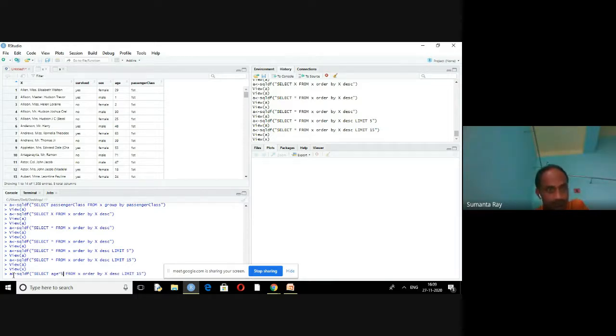First you sort it, that's why select age from X order by age. Here the sorting has been made in ascending order, order by age. You can give a limit; checking will be very easy. 5. Clear?